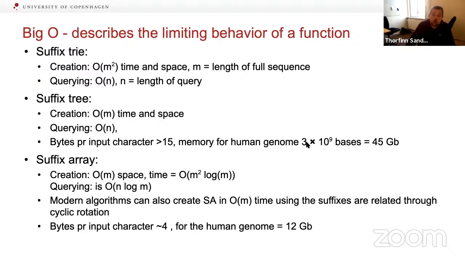So a human genome, which is around 3 gigabases, and because each character is a byte, then it corresponds to 3 gigabytes, right? A 3 gigabase file would be the same size. If you convert this into a suffix tree, then it explodes, and you require 45 gigabytes of memory. Okay. So tree structures are very, very complicated to work with, and they consume a lot of memory due to the overhead.